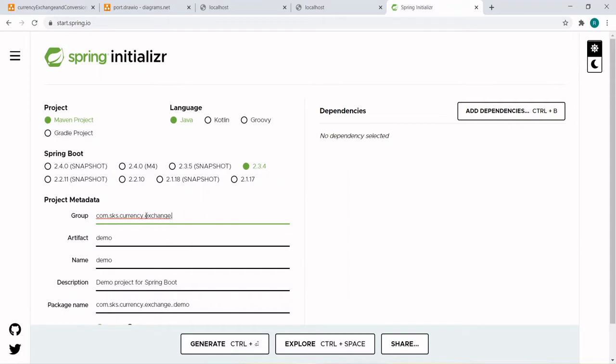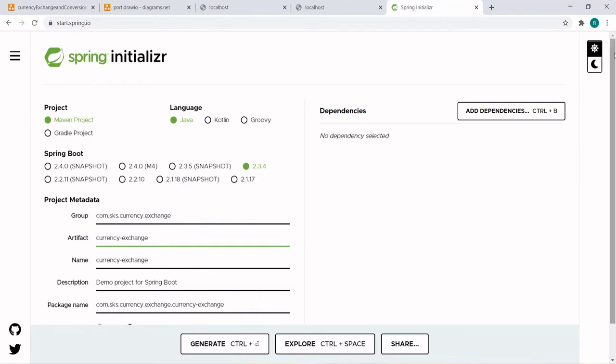And the artifact will be, let's say, currency-exchange. This is our artifact, right? Currency exchange.